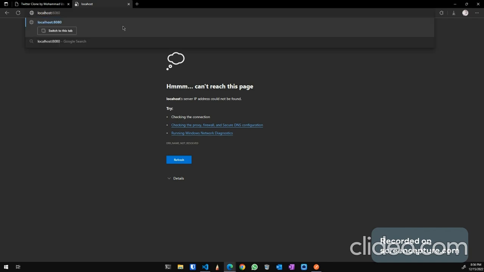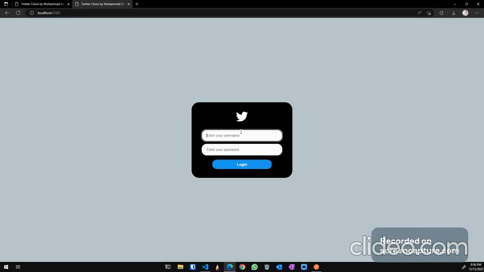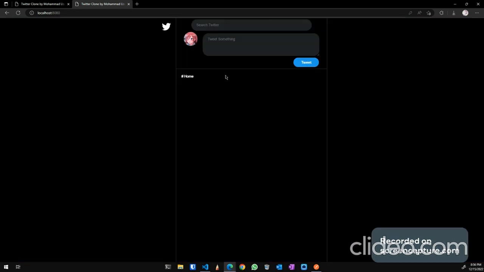Okay, so I'm going to sign in as a different user, set some random password, it doesn't really matter, and this is user 2. So I'm going to demonstrate some of the basic features. Of course, this application supports the ability to tweet. So I'm going to make a tweet,